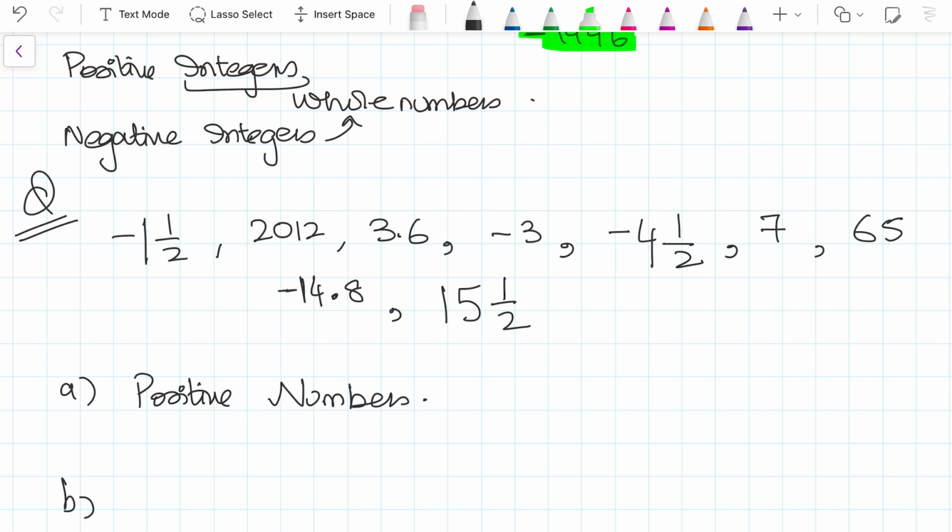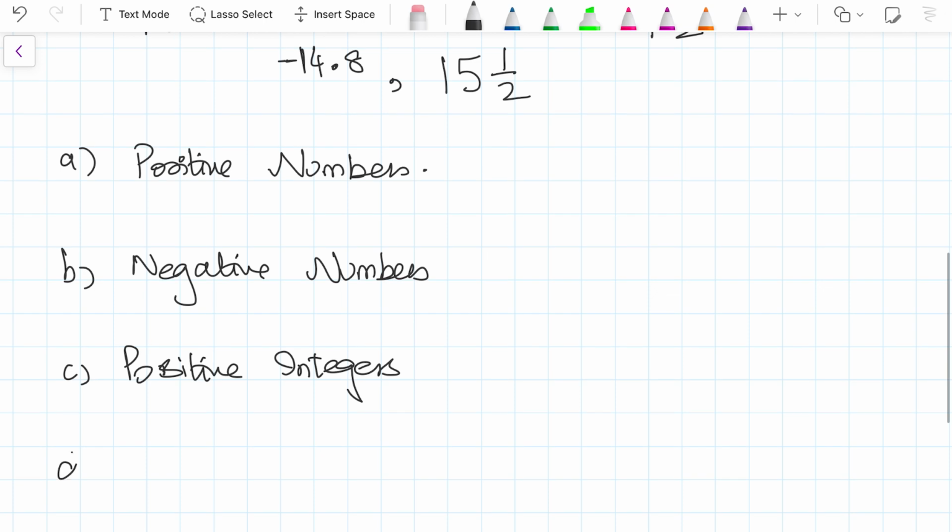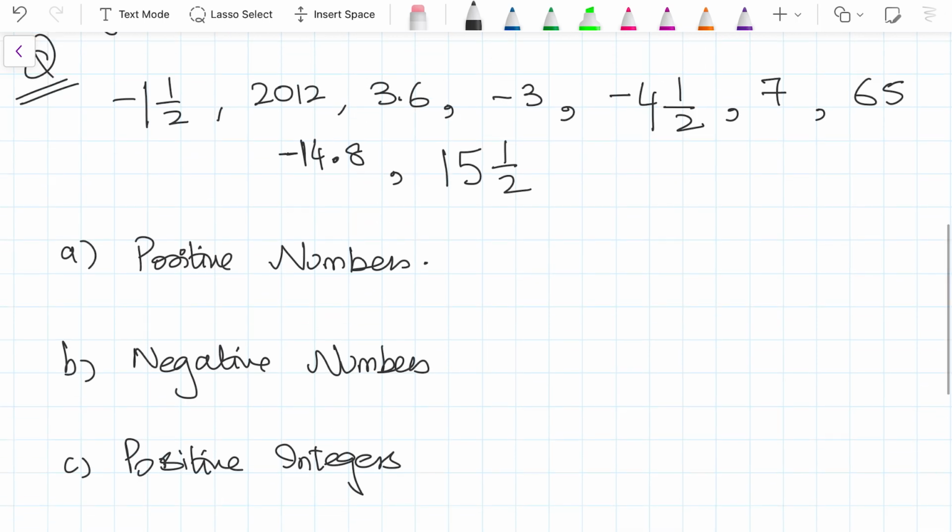I have to sort out negative numbers. Next in line is positive integers. Next in line are negative integers. So from the list above, sort out